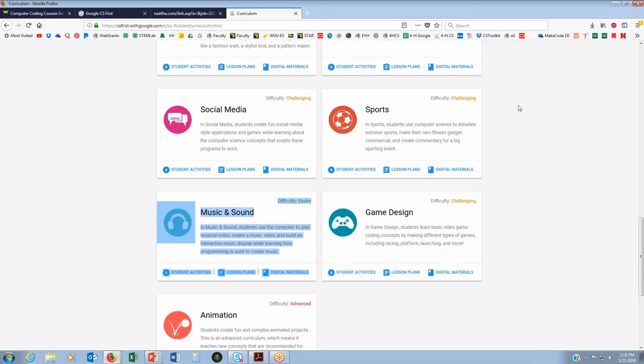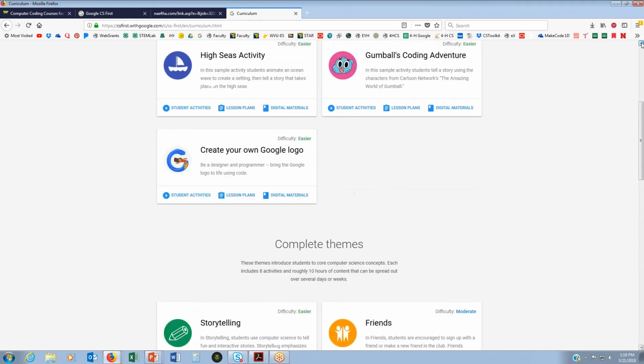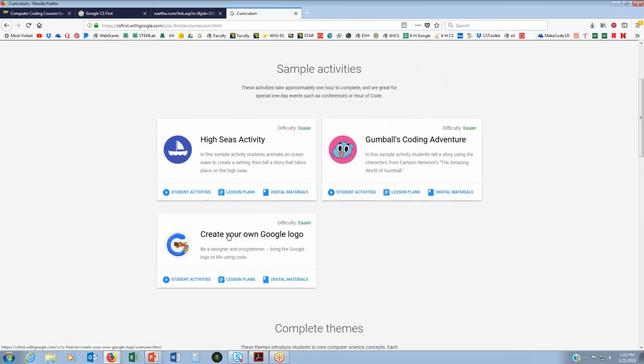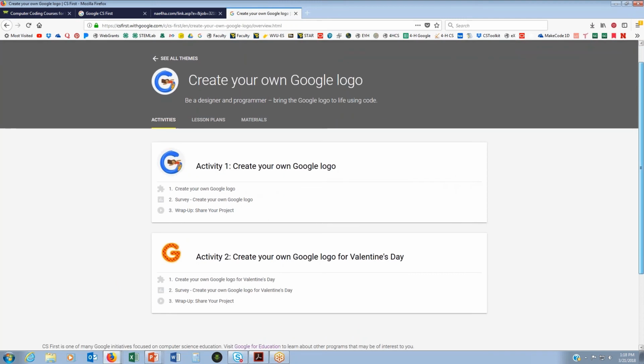So if we go back up here to our one-time activities, I'm going to go ahead and show you what this looks like. So the create your own Google logo, as Jenny mentioned, they already have 2 themes in the system, the general as well as the Valentine's Day. And here in just another couple weeks, you're going to see another spot open up for their Earth Day theme challenge. So if we click in here, this is what this looks like for the youth,